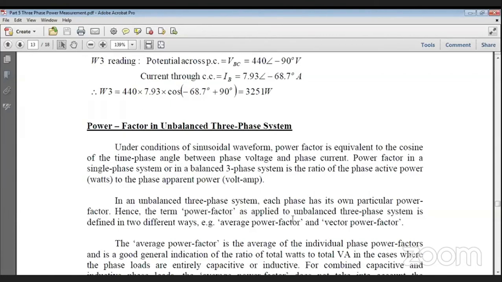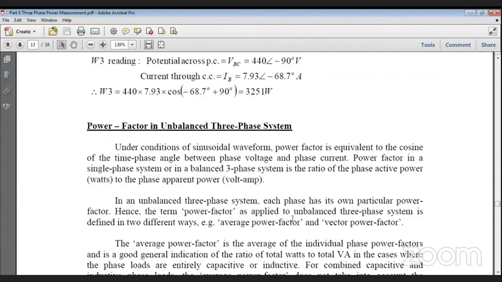Now that volt ampere means that I am drawing much more current from the system, which means that the supply that the power company has to give me, they have to put conductors of higher dimension. That makes a lot of cost. Moreover, that additional current has to come from the source. So that source current capacity has to be increased. So all power companies have a penalty clause. And this is something you remember. They have a penalty clause. That means if your power factor is low, you pay more. If your power factor is high, you pay less.